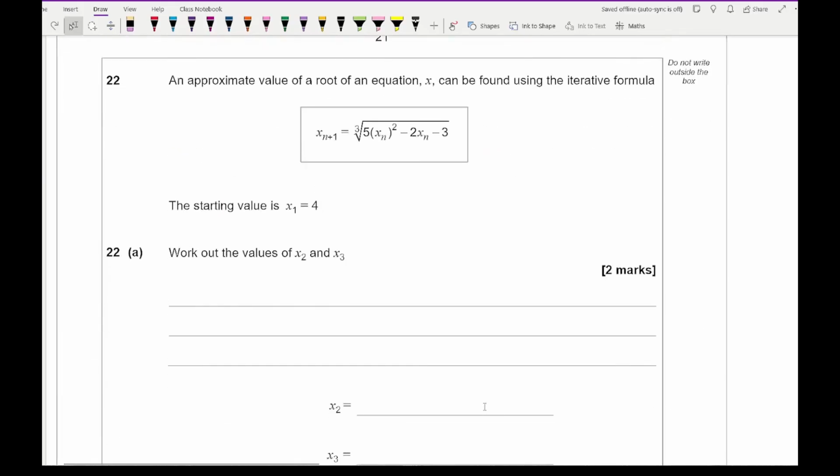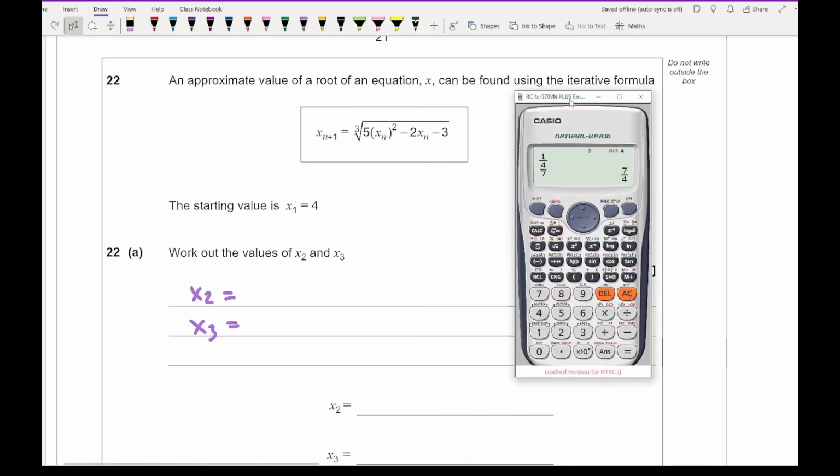Moving on to question 22, it says an approximate value for a root of an equation x can be found using the iterative formula, and we've got the iterative formula. The starting value x1 is 4. Work out the values of x2 and x3. Now the question doesn't say anything about decimal places, so it's really important that you just copy what's on your calculator. So if I get the calculator back up,